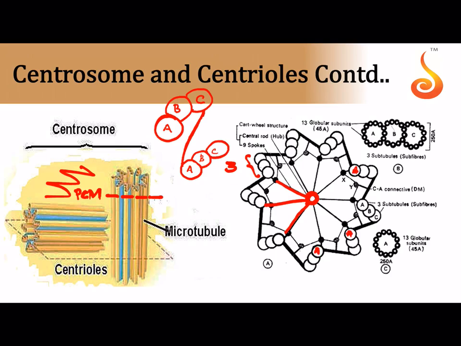I told you the complete microtubule is A, and the remaining ones are referred to as B and C, which have about 10 to 11 protein filaments in them. And basically what you need to know is that there are proteinaceous strands which extend between the hub in the center to the peripheral microtubule triplets, and these are referred to as the radial spokes.